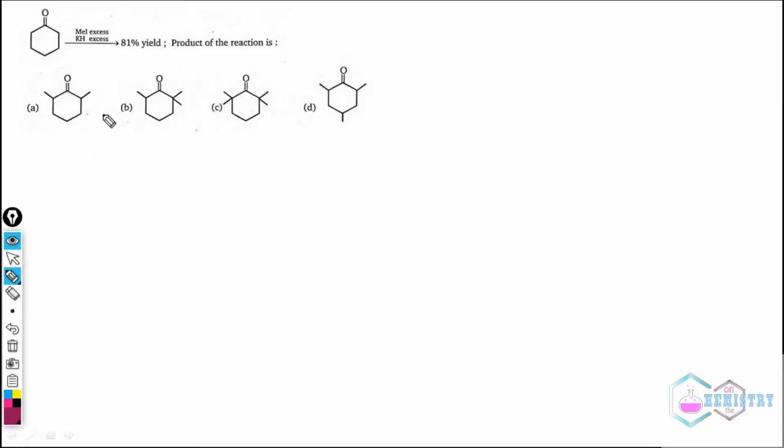Now this problem, in here MeI, that is methyl iodide, and KH in excess is given, and we are asked what will be our major product, meaning the 81% yield. What happens in there? This KH acts as a base. This H minus abstracts the most acidic hydrogen. Now in this compound, if we can see, there is an enolate form possible. From either of these sides, one hydrogen will form an enolate like this,